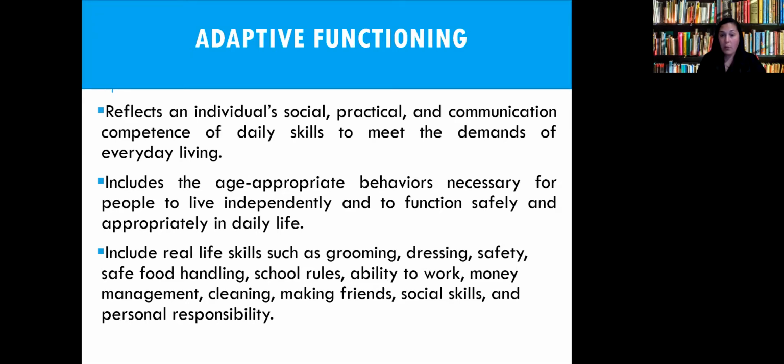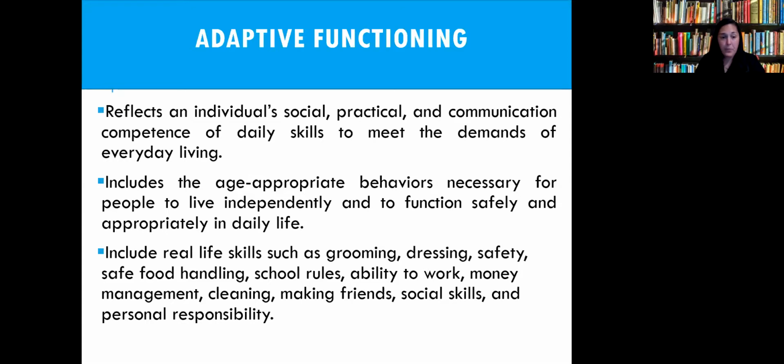Their ability to work. One of the protocols for parents, especially as individuals gain in age, is specific to the work environment. Does this individual have a job? Were they able to fill out a job application? And so it really talks about how independently people can do these things.